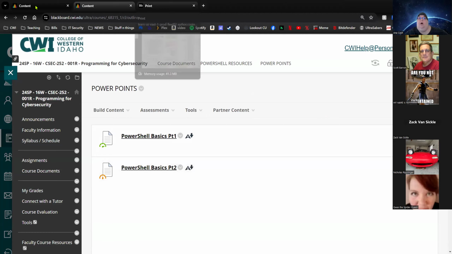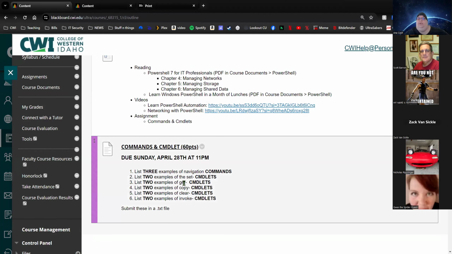For the other ones, I don't want you to have to do a whole PS1 or a PowerShell script. I want just set dash whatever the command, the 2 examples are, get dash and then examples, copy dash examples, clear dash. I want them just listed out in text in a text file. That's it. This is just an example of I need you guys to go out and look at the material